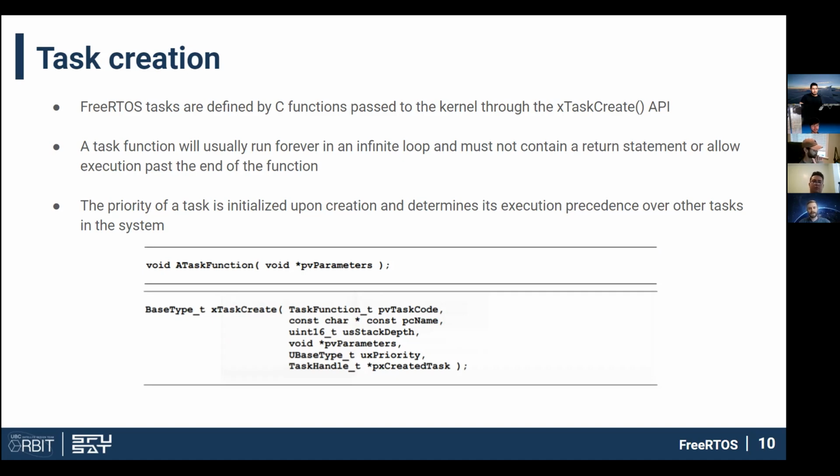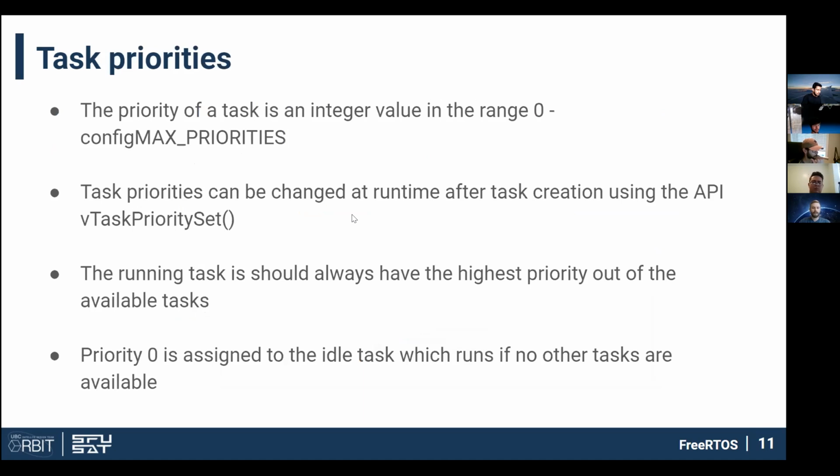So most task functions you'll implement as an infinite loop that is triggered by some external software event or at a periodic time interval. Right? So it should never return or execute past the end of its processing loop. If you do need to kill your task for whatever reason, you have to call the appropriate kernel APIs so that the memory can be cleaned up and the scheduler knows it doesn't need to track that task anymore. In most cases, you won't use that, though. You'll have your tasks implemented as an infinite loop.